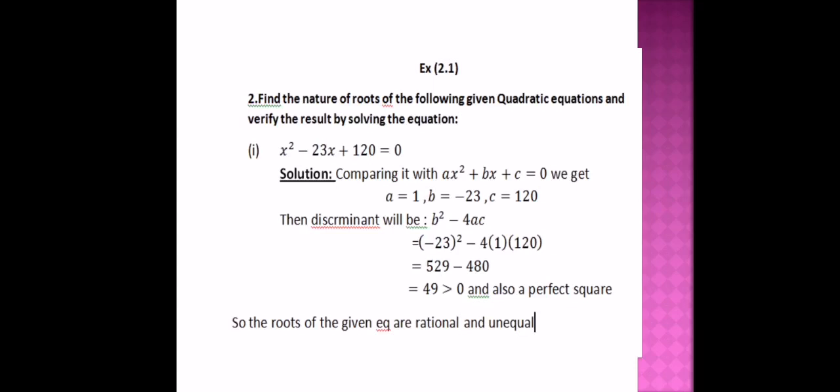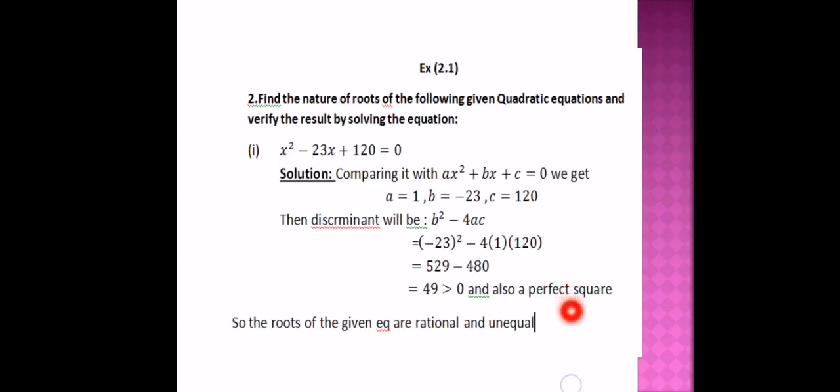For this, we start, as we have done in so many sums, with the comparison with the standard form of the given quadratic equation. So comparing the given equation with the standard form of the quadratic equation, that is ax square plus bx plus c is equal to 0, we get a is equal to 1, b is equal to minus 23 and c is equal to 120. After putting the values of a, b and c in the discriminant, we just get 49,